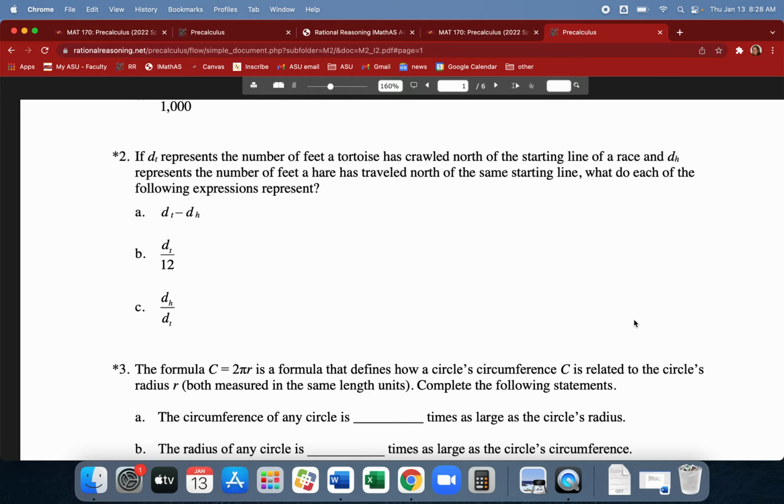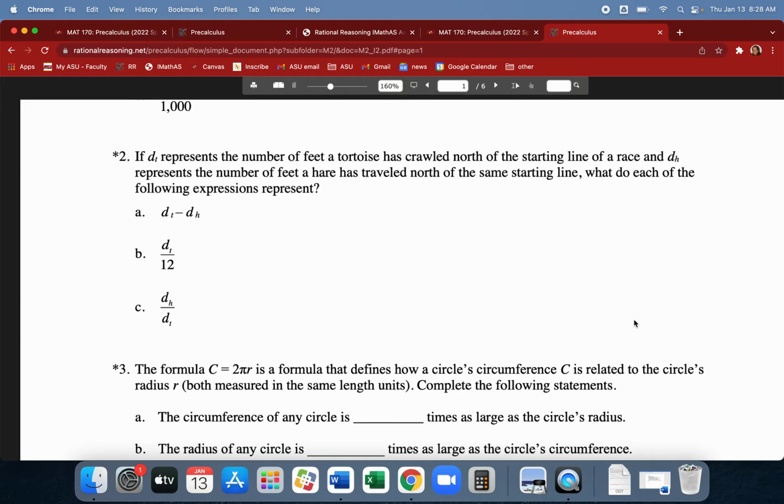Always a good idea if you're stuck. Try it with specifics instead of just trying to use symbols all the time. But keep in mind that they don't have to have the relative values that you might have picked as that example, like bigger versus smaller, or positive versus negative, and maybe in other cases. But yeah, so subtraction and division, what we covered here, talk about a difference between two things, or a ratio, or relative, how many times as big or small something is. So thinking about that,